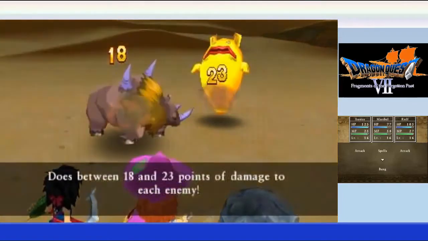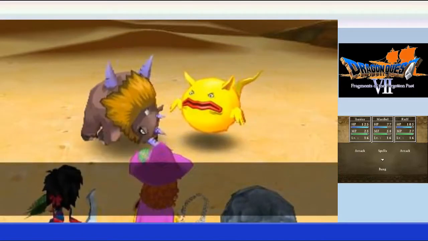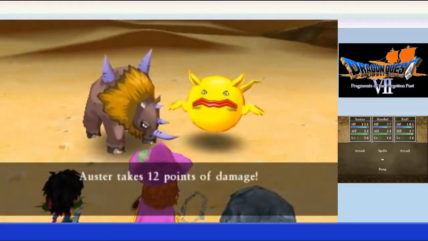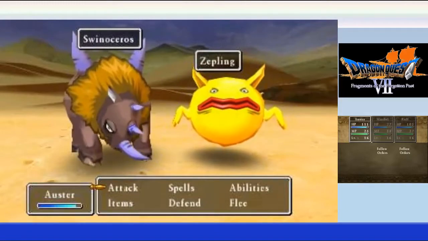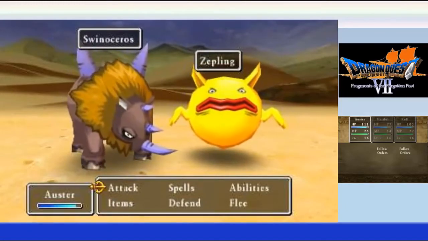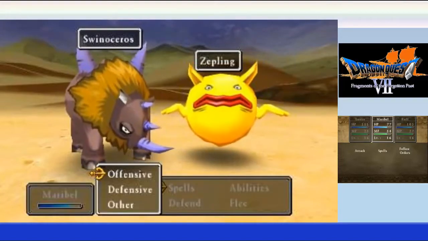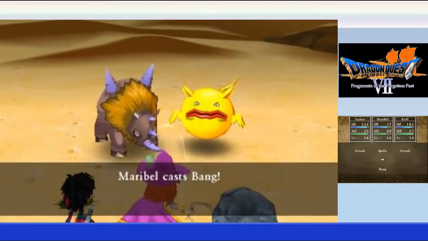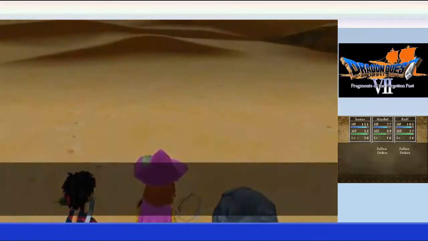are Spinoceroses. They have 70-ish hit points. They have pretty high resistance to sleep. The thing they can do is they can muster their strength, which doubles the attack power of the next hit, and they can shove you. What shove does is it puts you out of the battle. So you don't get credit. You don't get well,